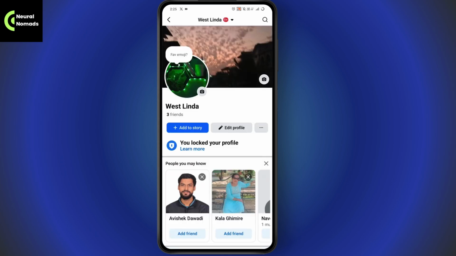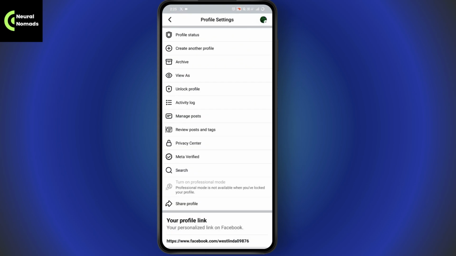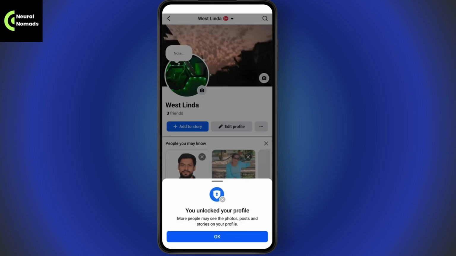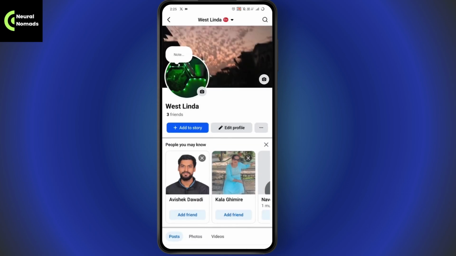And on your profile, if you've logged your profile, then first you need to unlock your profile. Go with the 3 dots, which is on the right side, and then tap on unlock profile and tap on unlock. Again, tap on unlock your profile, which is on the bottom. Once you've unlocked your profile, now what you need to do is you need to turn on the professional mode